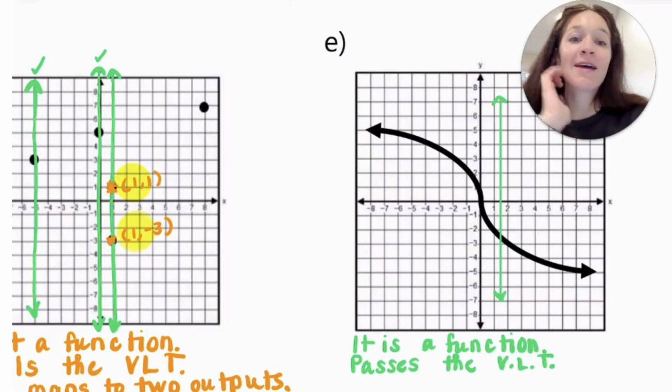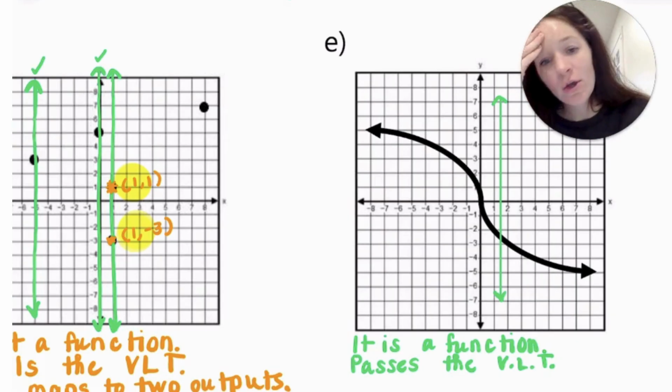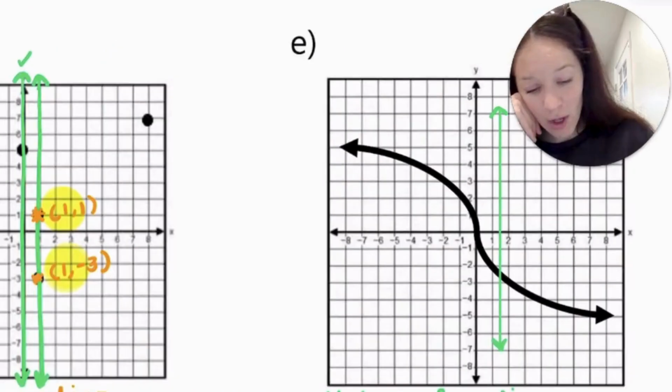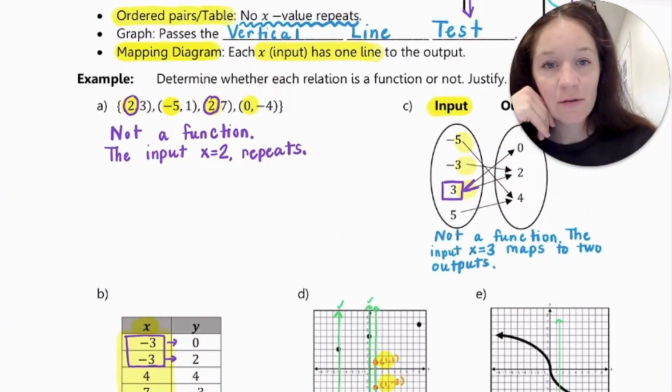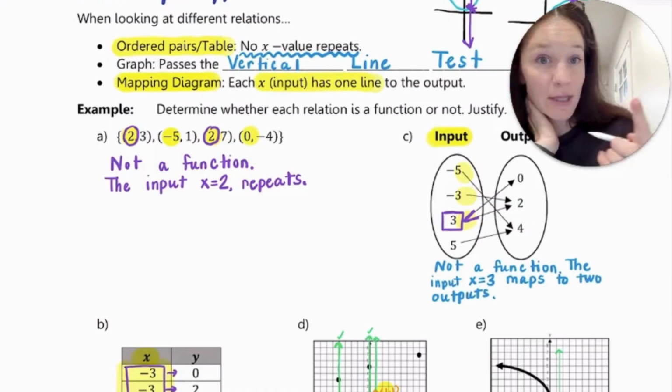We know by definition if something passes the vertical line test, it is a function, so that should suffice as well. Okay? So those are our 5 different ways in which we can see relations,